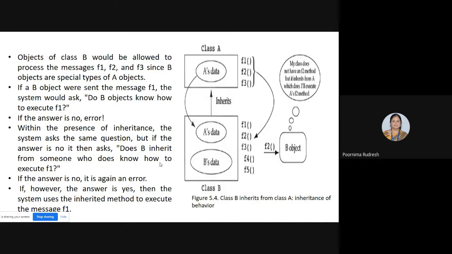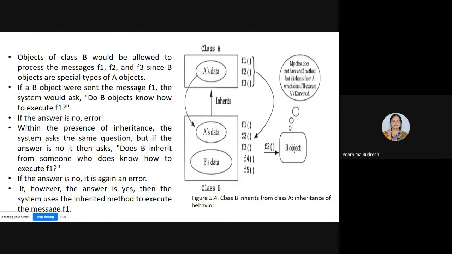Then once again, if the answer is no, it displays an error message. But if the answer is yes, then the system uses the inherited method to execute the message F1. So if B's message F1 is sent and B knows how to execute F1, then the inherited property is used here.